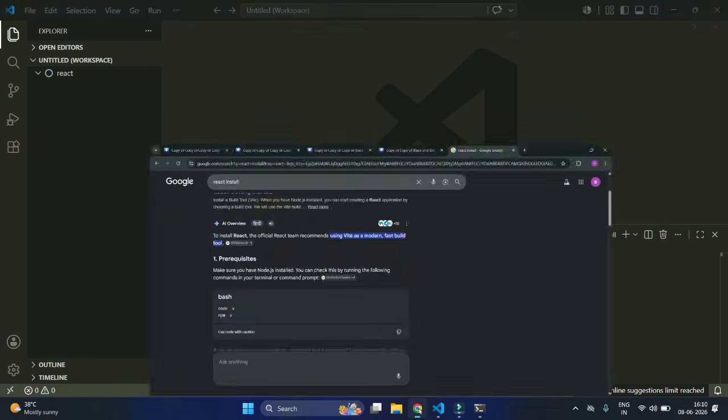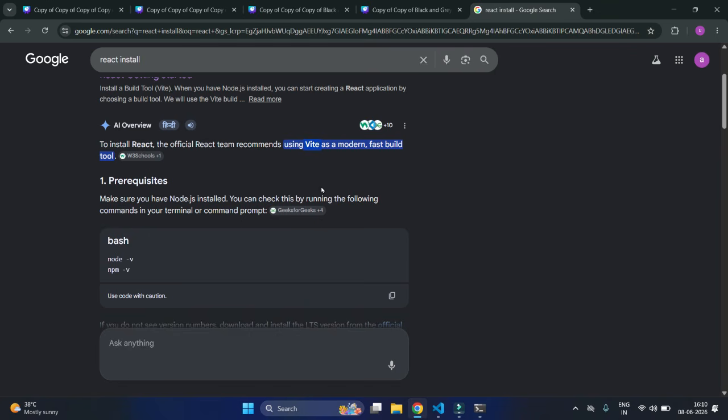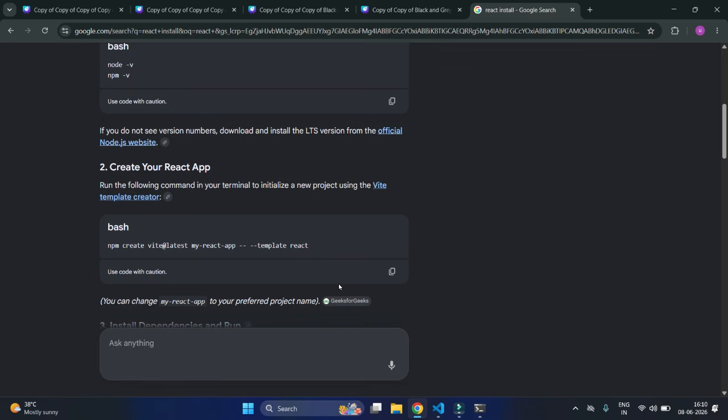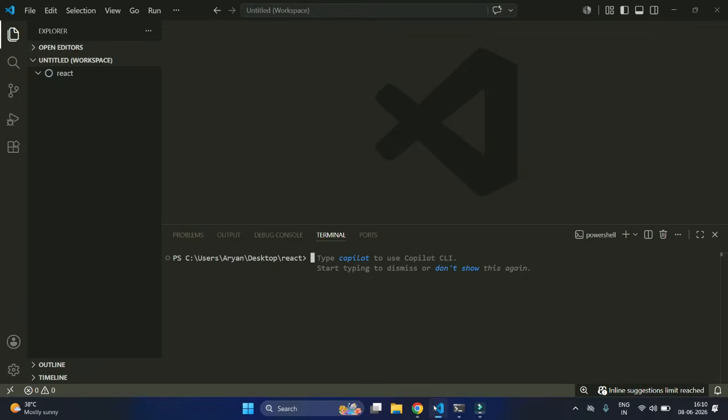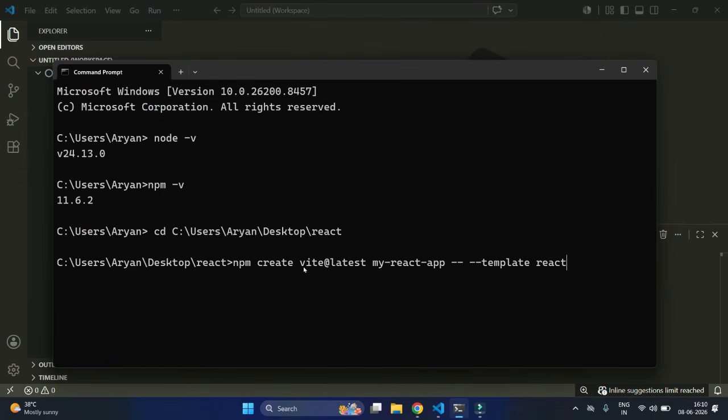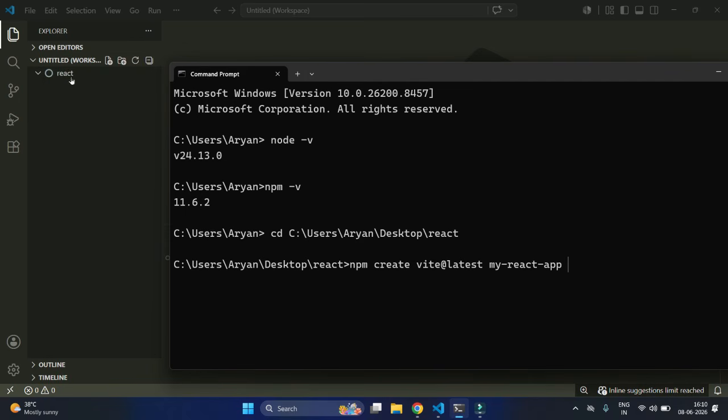After that, I am going to copy the command for creating the latest Vite React app, paste it in cmd, and put a simple name for my application here inside the React folder, which is your React folder. Inside it you set up the